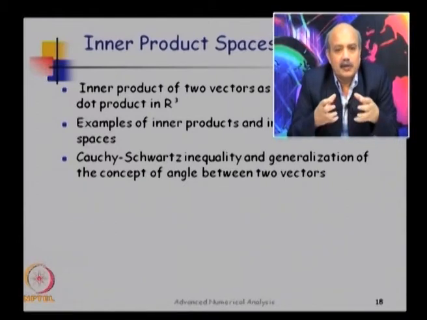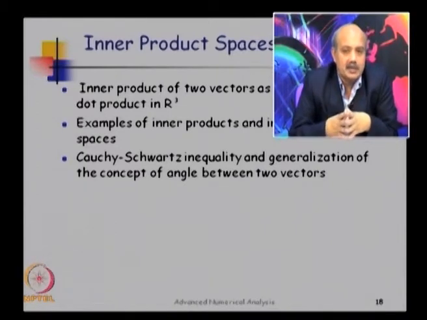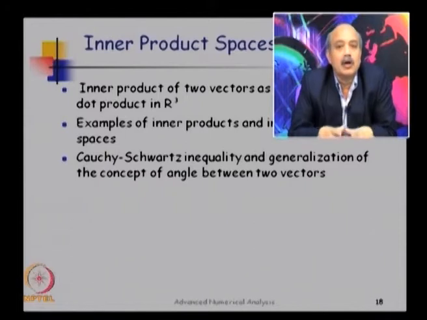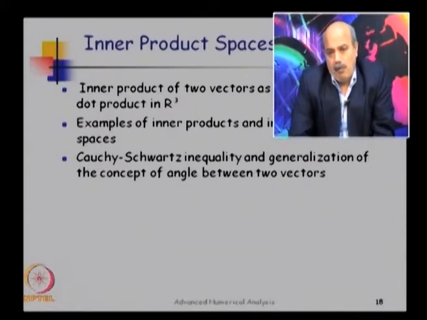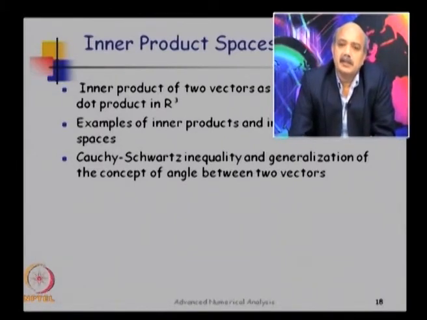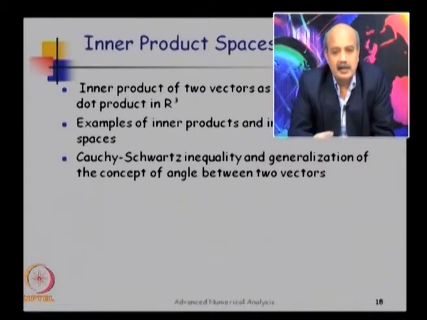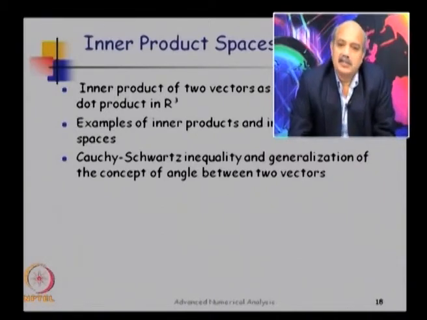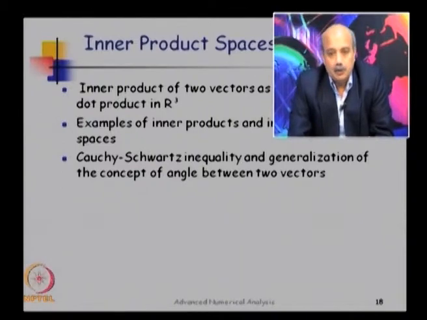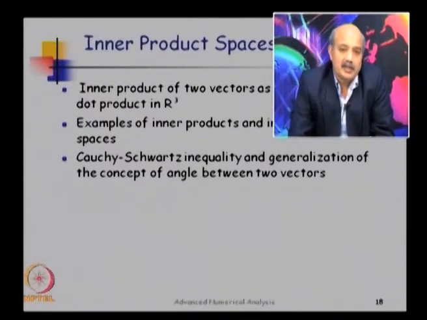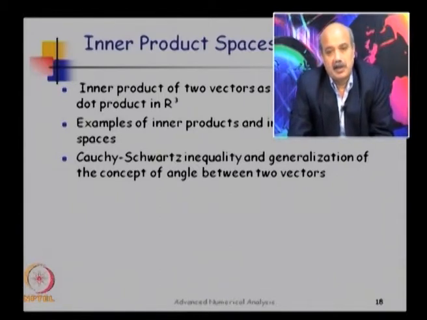Okay, so if you understand the concept of inner products and inner product spaces, this will no longer be a mystery. The generalization of the concept of angle between any two vectors is achieved through the inner product, and then the Cauchy-Schwarz inequality is a fundamental inequality which is nothing but a generalization of the fact that cos theta is the dot product of two vectors through unit vectors in 3 dimensions.